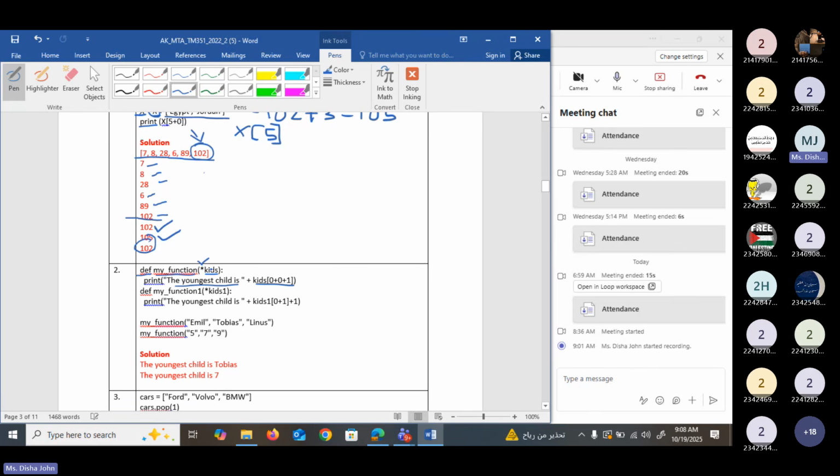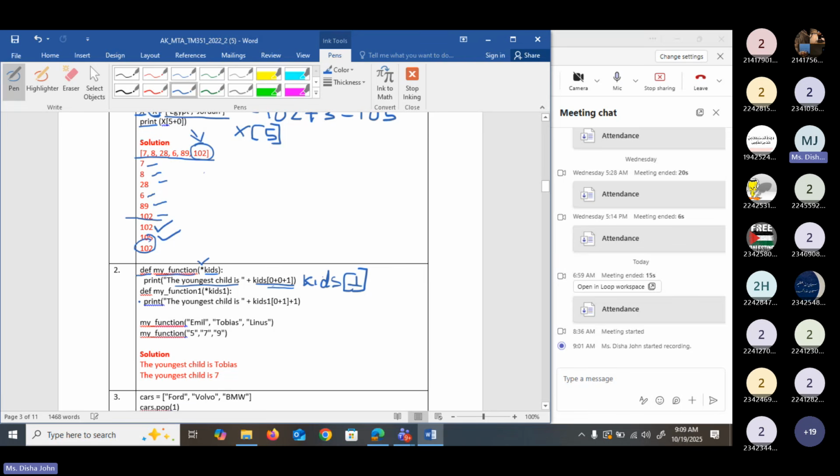That means here there is an argument. So the argument can be a list or it can be a dictionary. So from that list, it will take the element. Here you can see they mentioned the index like this, kids of 0 plus 1. So which means that kids of 1. That means the element stored at index 1. So the argument of the function can be a list or a tuple or a set, whatever, it will get the element from index 1.